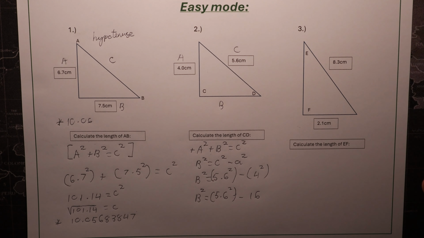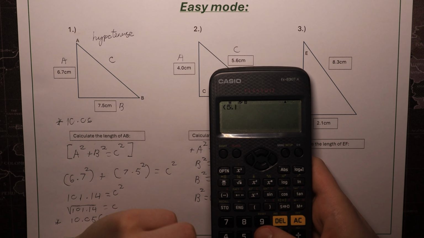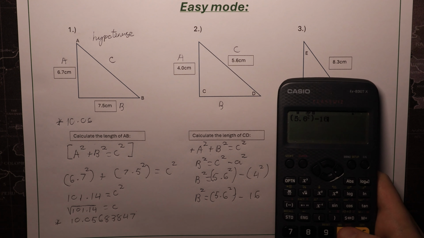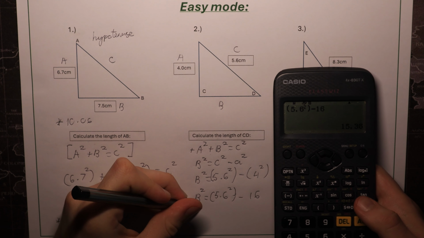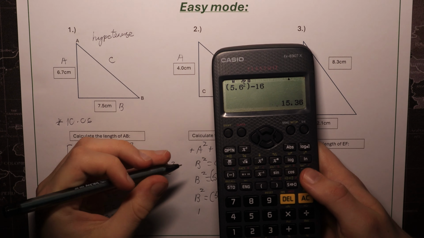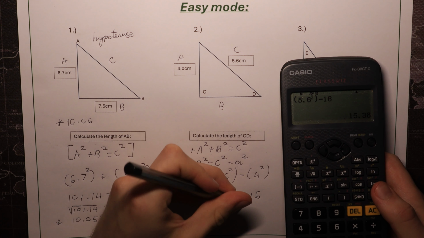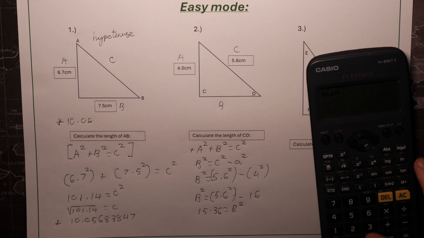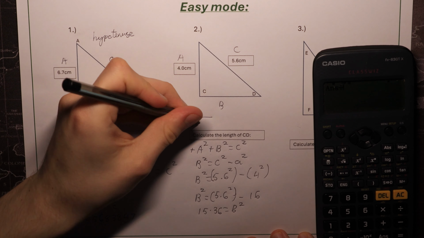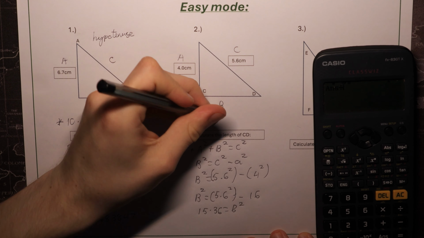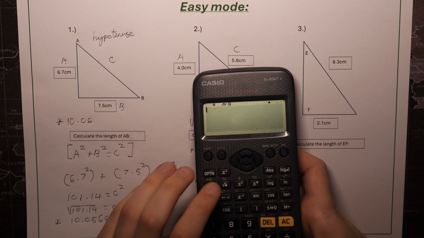This is what we just write in our calculator. Now, b squared, so what we have is open bracket 5.6 squared minus 16, because 4 squared is 16. So what we therefore get is an answer of, you can see that, we get 15.36, so we just write this here, 15.36 equals b squared. And then what we need to do is again get only b here, so we just do a square root of 15.36, which equals b, which equals, after that, just a root of answer,